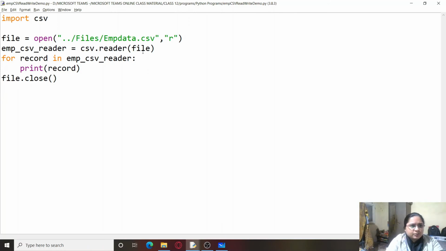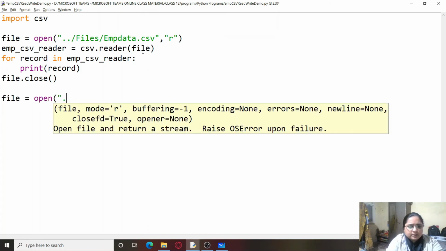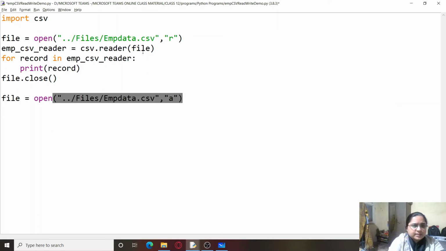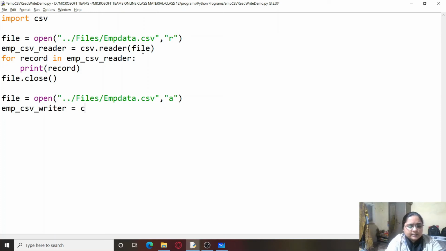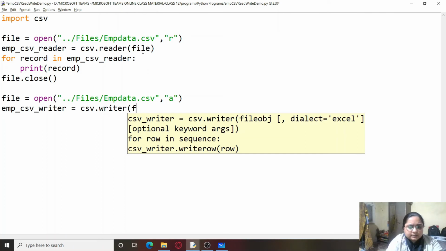For that, I am again going to open the file, empdata.csv, and this time I am going to open it in append mode because I will be adding to the previous content of the file. I'll name it emp_csv_writer equals csv.writer(file object, delimiter as comma).